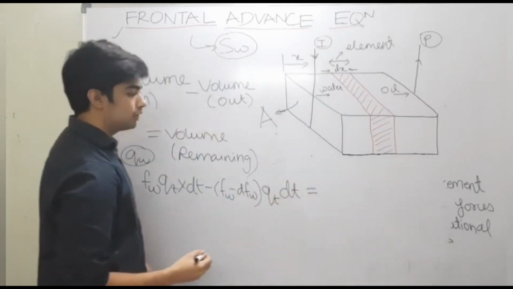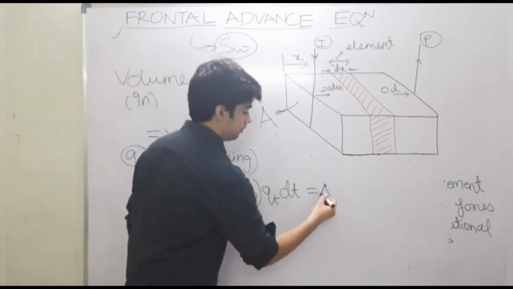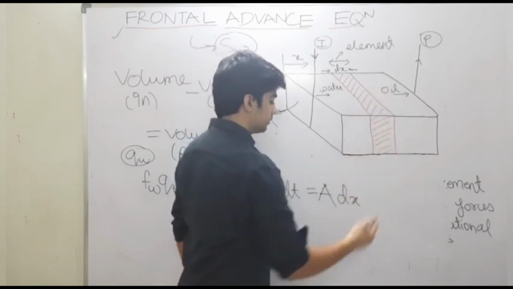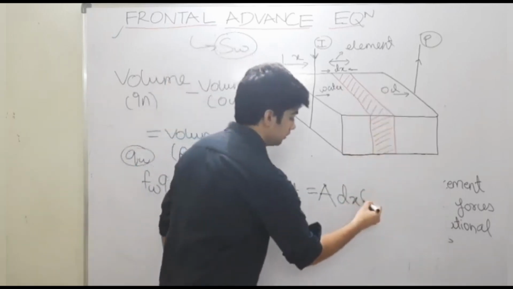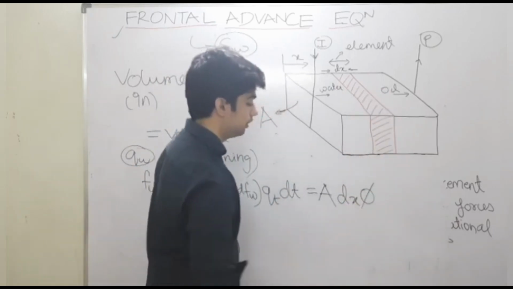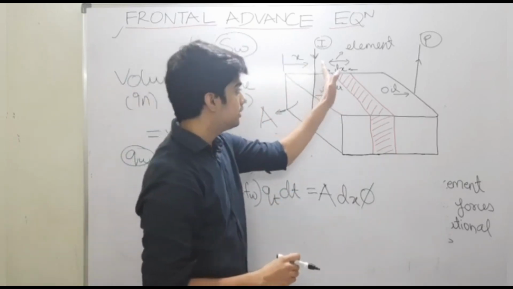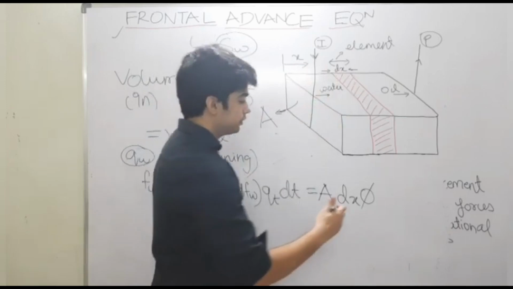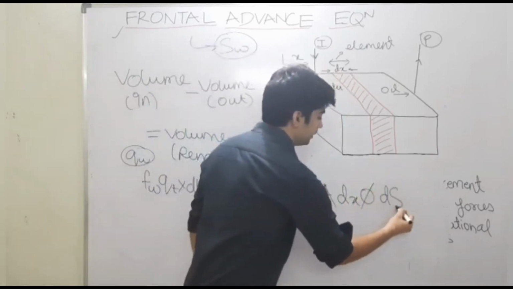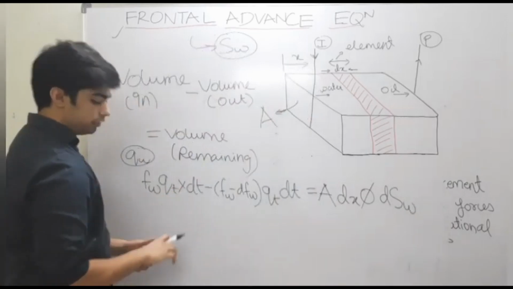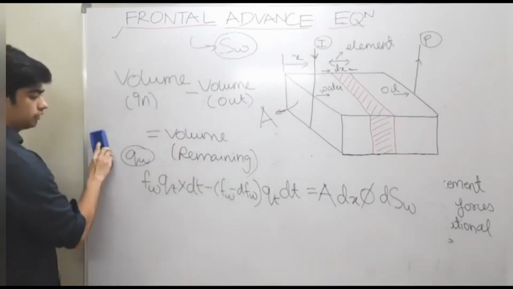And the remaining volume will be defined by the bulk volume of this specific region, but since this media is porous, it will have some porosity, and the water has just entered this specific element, so the saturation will be very small. So this is the equation, and if we rearrange this equation,